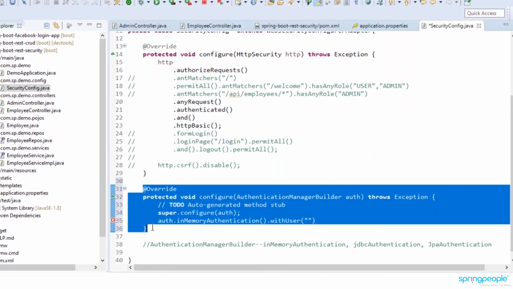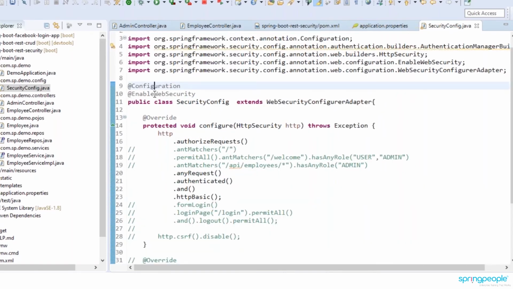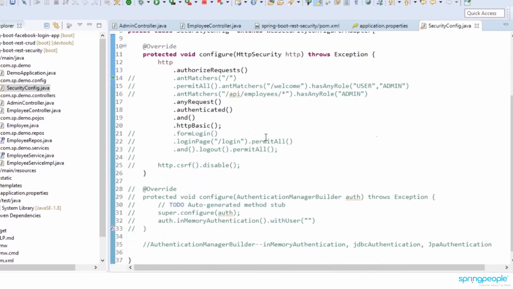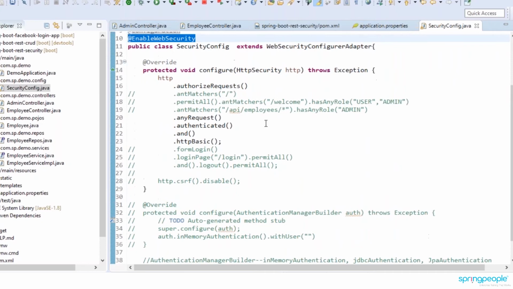with the configure method. So this way we can customize your security configuration with EnableWebSecurity. That's what the Spring Boot Starter Security gives, or we have a simple security type which can be configured. But why should I take care of Spring Security? Can I use any third party library for security? Yes, I can go with it.